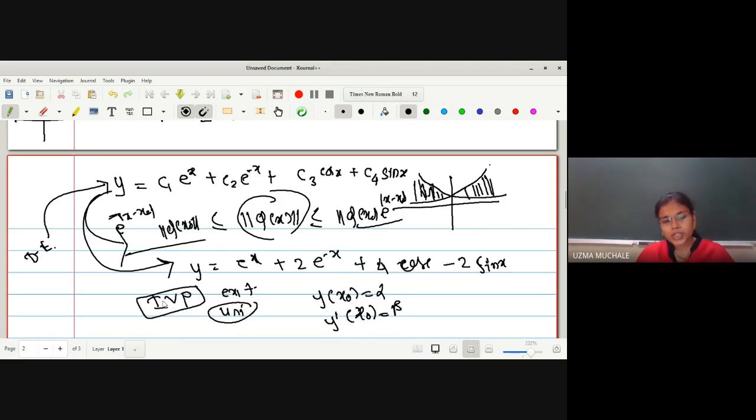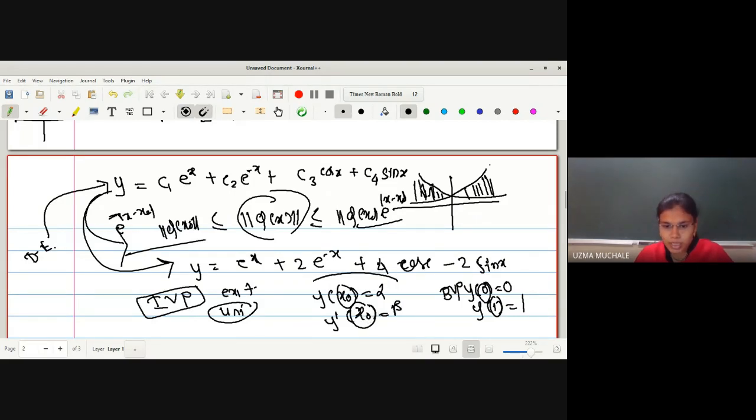Why do we call these an initial value problem? Because the values of the dependent variable are provided at a single value of the independent variable. Here there is only one value, x naught. Sometimes we solve examples of the type y of 0 is say 0 and y of 1 is say 1. So the value of the dependent variable is provided at two different values of the independent variable. The independent variable in this case is x, and values are provided at two different points, 0 and 1. So this is called a boundary value problem. And what is the initial value problem? The values of the dependent variable are provided at the same value of the independent variable.